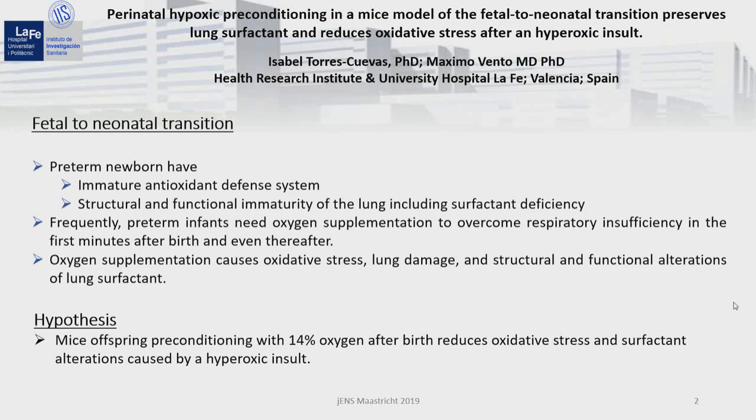During fetal to neonatal transitions, preterm babies have an immature antioxidant defense system and a structural and functional immaturity of the lung, including surfactant deficiency. Frequently, preterm infants need oxygen supplementation to overcome respiratory insufficiency in the first minutes after birth and even thereafter. And as we have heard before, oxygen supplementation causes oxidative stress, lung damage, and structural and functional alterations of lung